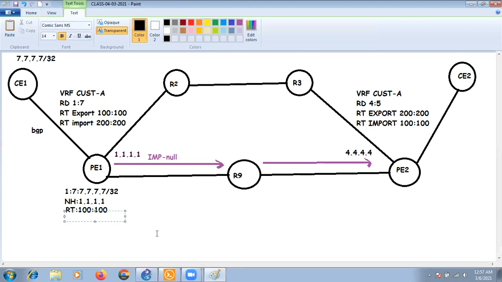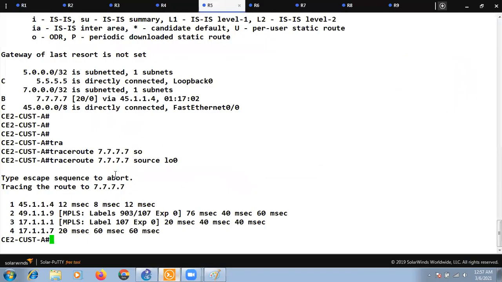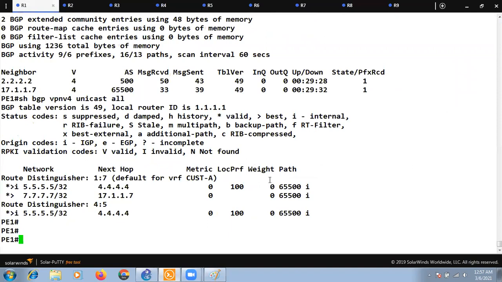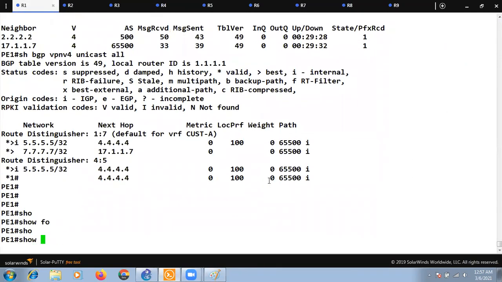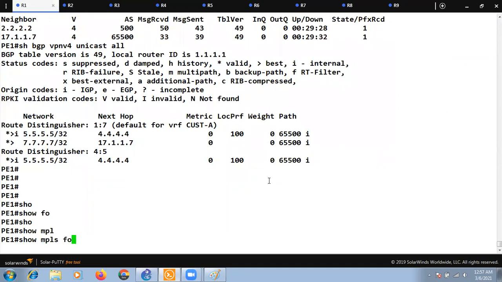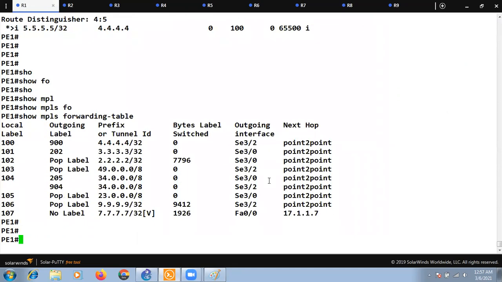Also, let's check what is the VPN label that PE1 generated for this particular prefix in its LFIB. So let's move to PE1 and we will check show MPLS forwarding table. And now you can see 7.7.7.7 in the brackets, and I also discussed that if you see anything like this, it means this is the VPNv4 label that is generated by the MP-BGP process.